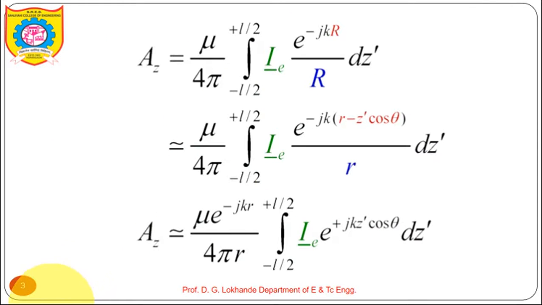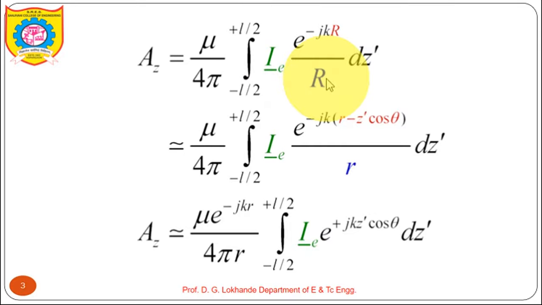Now, from the given figure, we need to calculate the magnetic vector potential from the particular equation. This is the equation: Az equals mu upon 4 pi, integration from minus L by 2 to L by 2 of I of z dash, e raised to minus j k R upon R, dz dash. Now this capital R will be